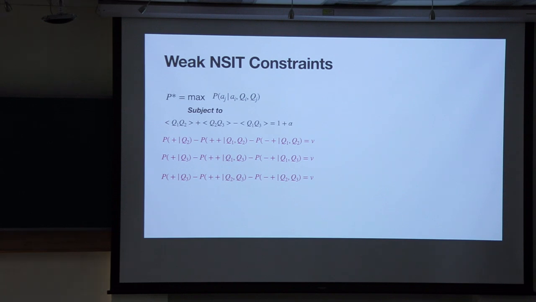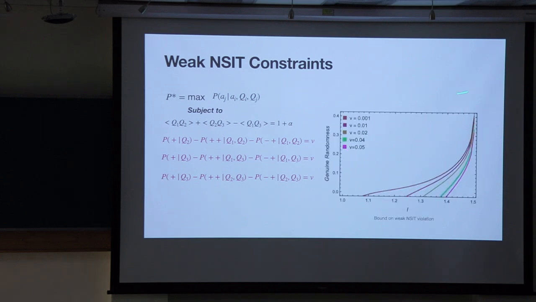And we also wanted to check what happens if these NSIT conditions are violated slightly. We don't know whether we will get random outputs from there or not. Now it's really difficult to solve this problem analytically, so we solved it numerically. And we found that for small violations of NSIT, we still get randomness, but these random numbers start appearing only when the LGI violation increases. So this is a very important result, and we are looking further into it.